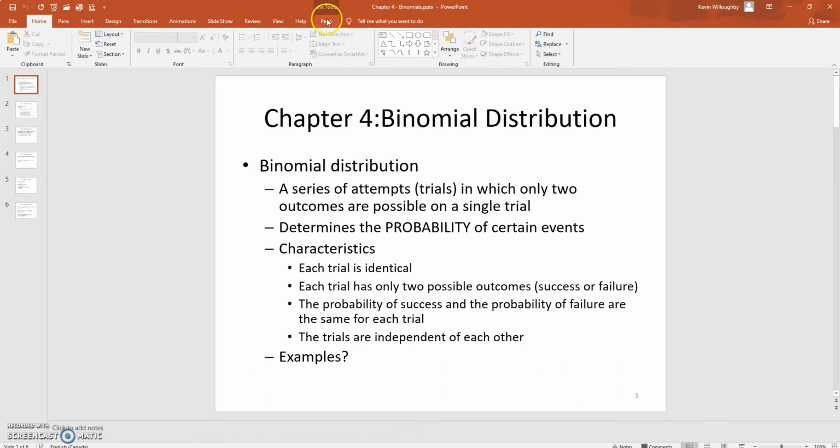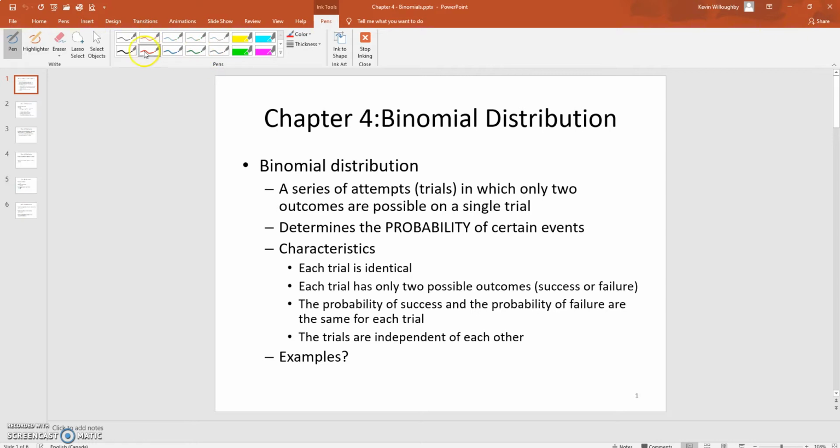that we can discuss will help us understand binomials. We can have things that are independent. We talked about coins. Coins are good examples. Each trial is identical. A toss of the coin is identical. Each trial has two possible outcomes, heads or tails. In statistics within this chapter, we basically just refer to these as success or failure. So success being heads, failure being tails, or vice versa. The probability of success and the probability of failure are the same for each trial. So a 50% chance to toss a coin and get heads, and a 50% chance of tossing the next coin and getting heads is the same, so it hasn't changed, and the trials are independent of each other. So that is a good example